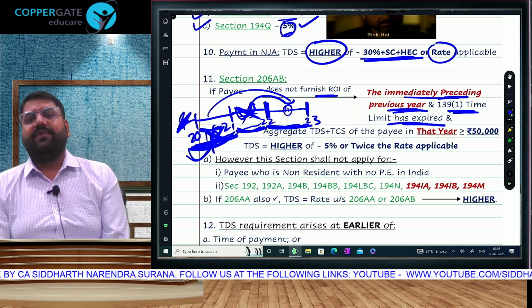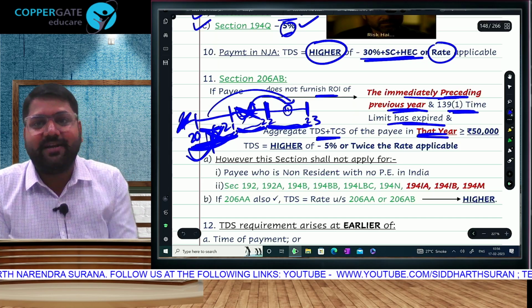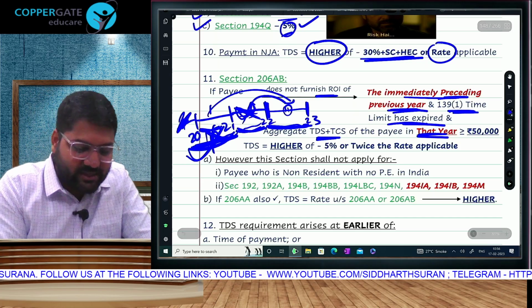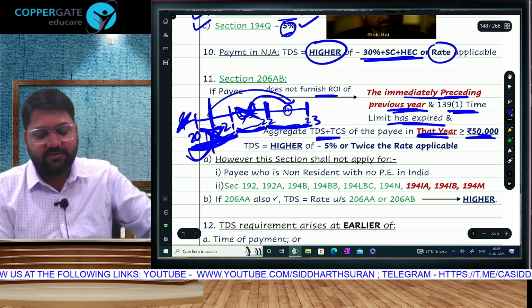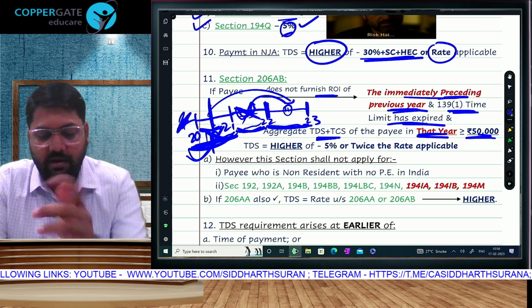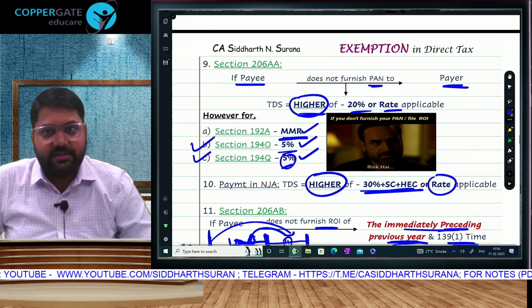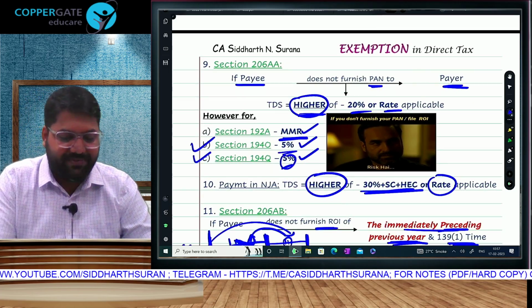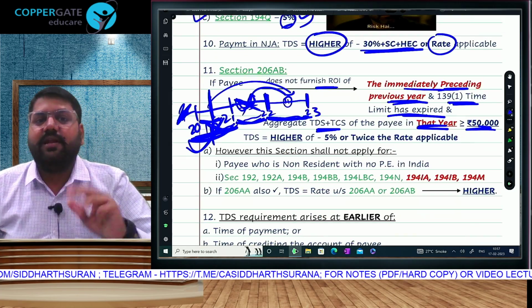so what will happen? Second condition is that the aggregate TDS TCS, obviously of that year. Till last year they had written of both the years, but now it is aggregate TDS TCS of this year. Payee's total TDS plus TCS of that year is 50,000 rupees or more. So simply put, what are the conditions for making the payee non-filer? Look, already here one condition of higher TDS is there. If PAN is not furnished, then 20% or section rate whichever is higher. In 3 cases it is a different rule, exceptions. Notified jurisdictional area 30%.